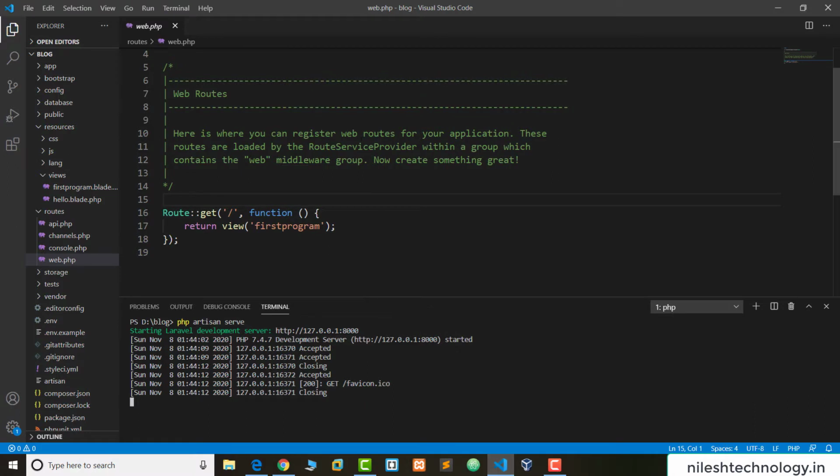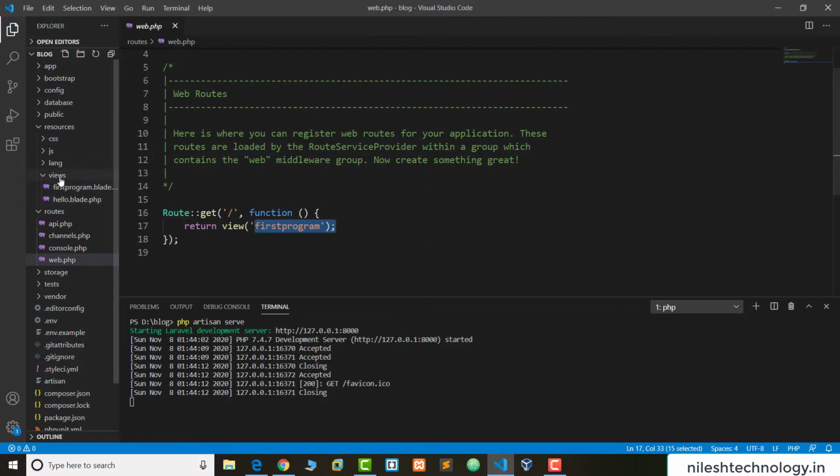See in this web.php file, we just added the first program view file. When we hit the URL, the route::get with a slash means this is my root directory. So when we hit localhost:8000, by default this program runs in the browser. This is one part of routing. When we run the application, by default the root page is called, and in this file we mention that the root page is the welcome page.